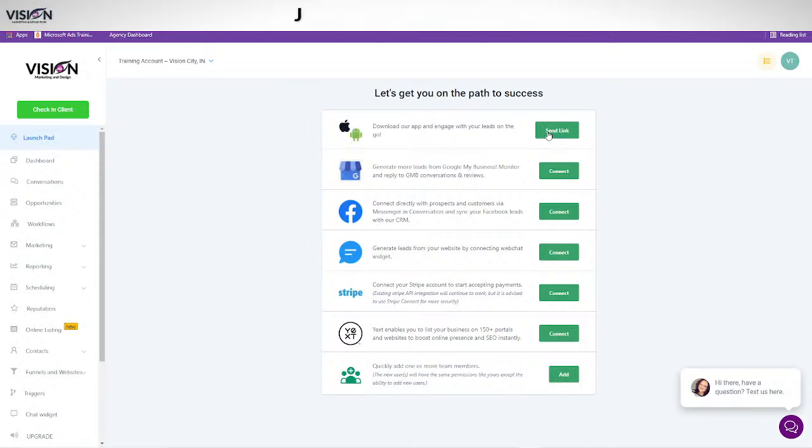This is honestly, support's number one. Number two is this app, because all of the conversations that I have from my leads, if people message me on Facebook or Instagram or through text messaging in the CRM or within the dashboard or Google My Business, I get it all in the same conversation tab, and I have access to that on my phone. I can tell you, especially during this transition, that has been an absolute sanity saver and godsend. It's amazing to be able to provide quick answers, that's easy for me, and the biggest thing is keeping track of the conversations. So highly recommend that.